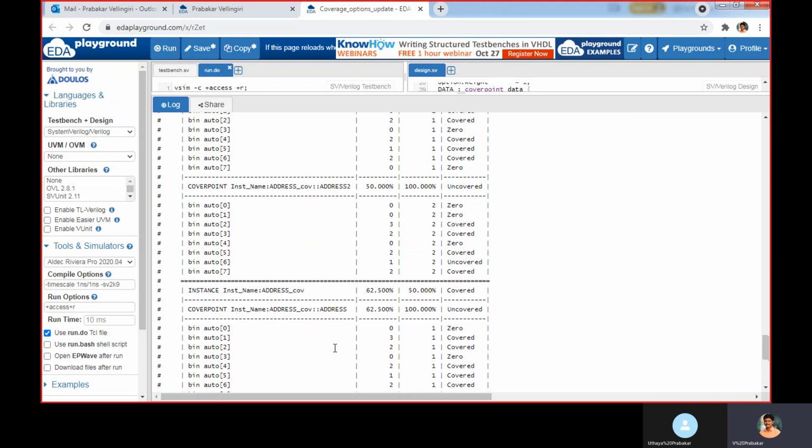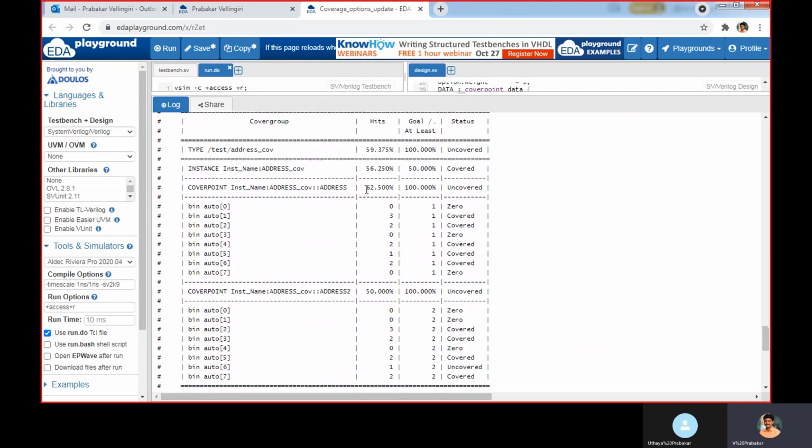Now this is the percentage of covered bins inside my cover 1. My cover 1 instance consists of address and address 2 cover points. For address we are obtaining 62.5% out of 100, then for address 2 we are getting 50%.